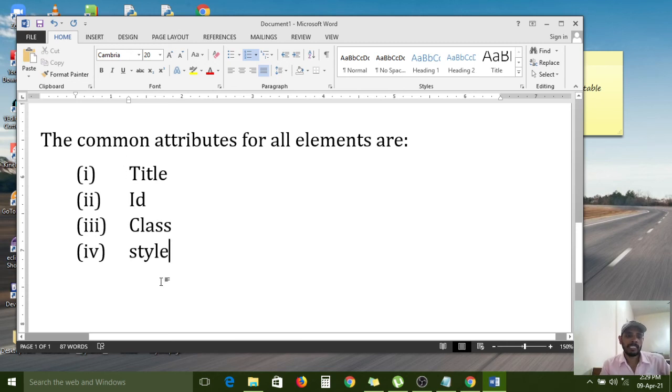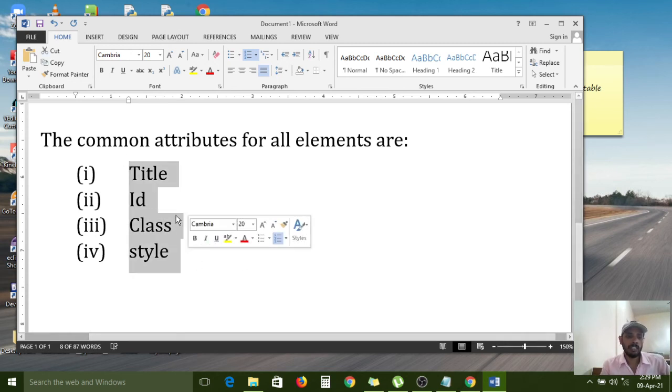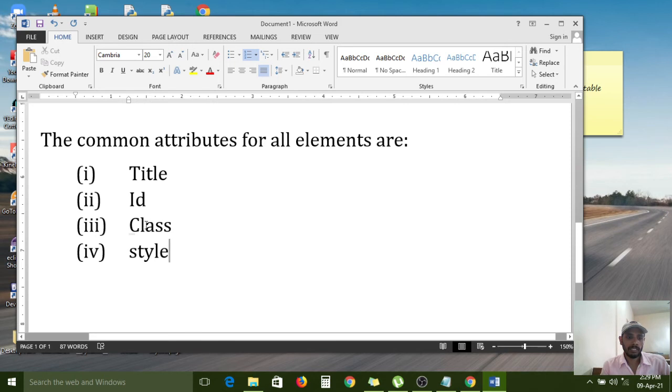We will discuss each of these later, because these three are very important for CSS styles. And style is also one of the tags and also one of the attributes. According to the Osmania University syllabus, title and style I want to tell now, but id and class will come in future classes, because now you cannot understand these two attributes. But the title attribute and style attribute I can explain right now. All of you carefully observe.